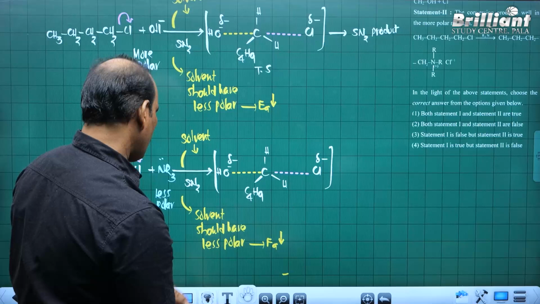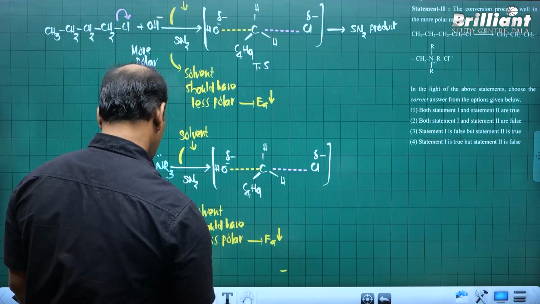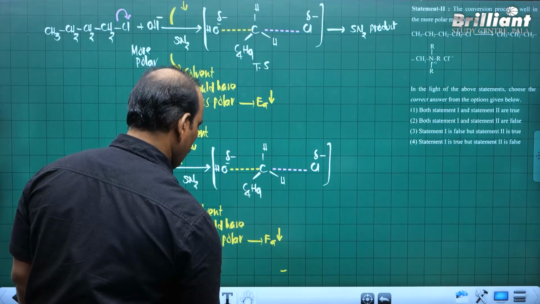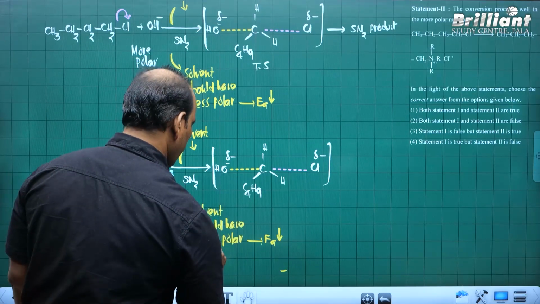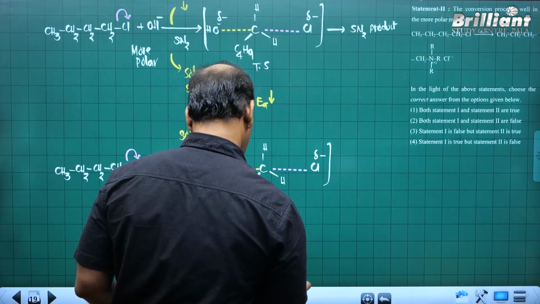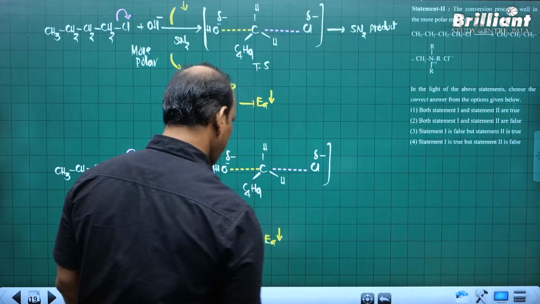So at that time, a solvent with more polarity is favorable. The solvent should be more polar, to stabilize the transition state of